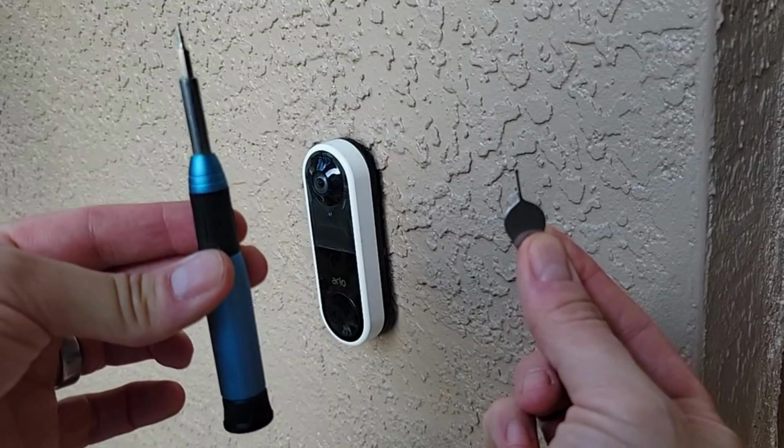Now, of course, the easy way to hard reset a video doorbell is locate the circuit breaker switch that powers that video doorbell, flip the switch off, wait 2 minutes, flip it back on, and it should reboot after a couple minutes. Unfortunately, my neighbor and I could not locate the circuit breaker switch, so we have to physically remove